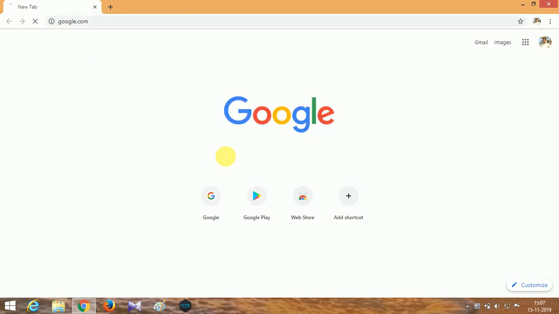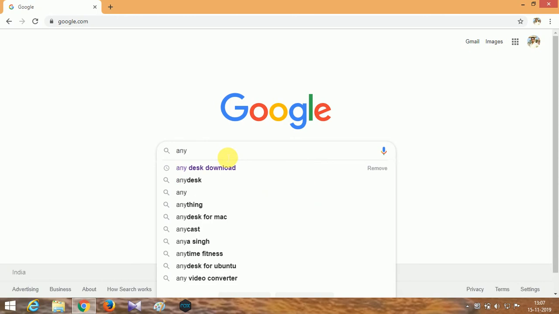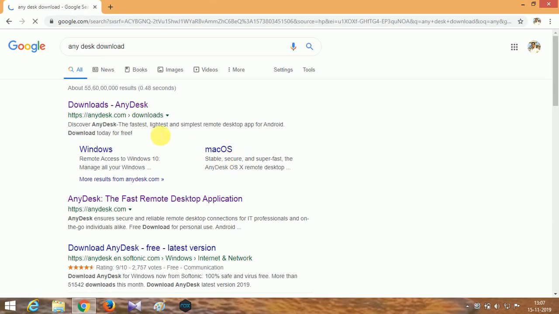Go to your Google browser and type Anydesk software, Anydesk download. Then you click the first option, download Anydesk,